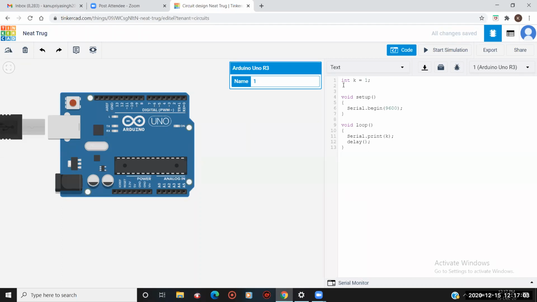For that, I will make a variable for my delay function. I will make a variable named delay t equals to 500, and I'll terminate it, but I have to define its data type also: int delay t.